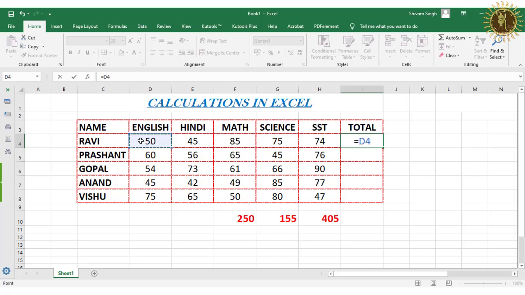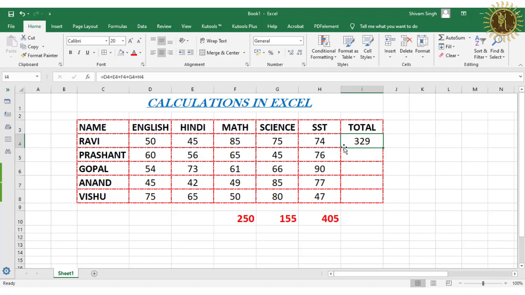This is D4, then plus button, then click on E4, plus button, F4, plus button, then G4, plus button, and lastly H4, and then press enter. So 329 is the result we get after calculating these marks.